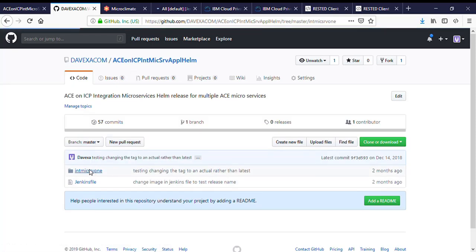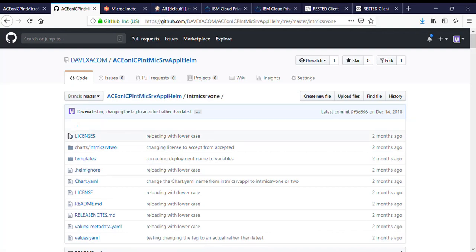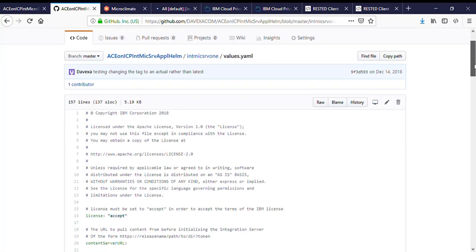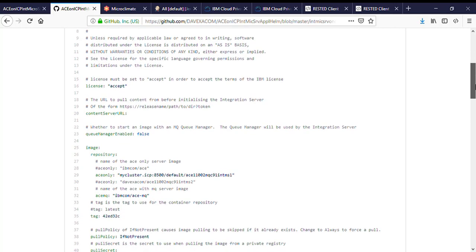And we can go take a look at the structure of this. So we have a set of Helm charts, okay, which are for microservice number one. And we can go take a look at what makes it microservice number one, okay, and we can see that it's using this base image, which has been built and exists upon the system. This is just a Helm release pipeline, okay? Our developers and our administrators, as they go through their test of microservice one, have been pushing the image for that microservice onto Cloud Private,